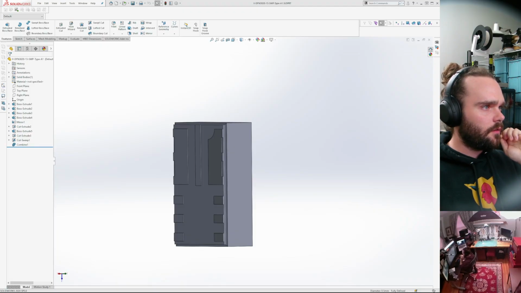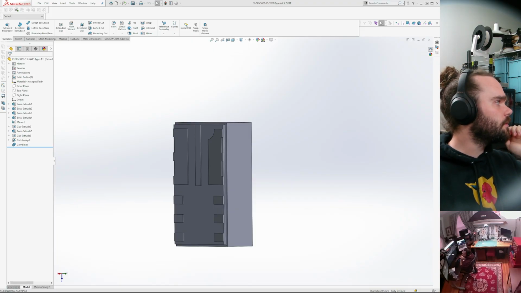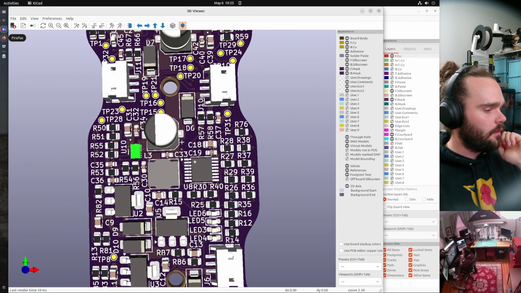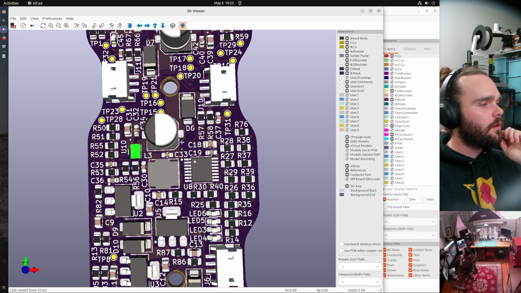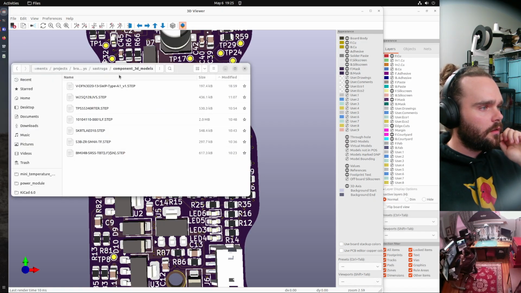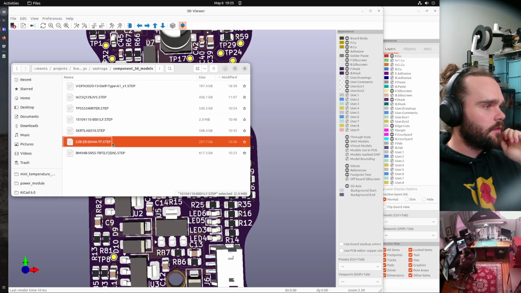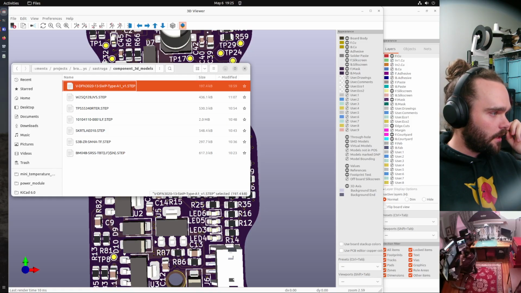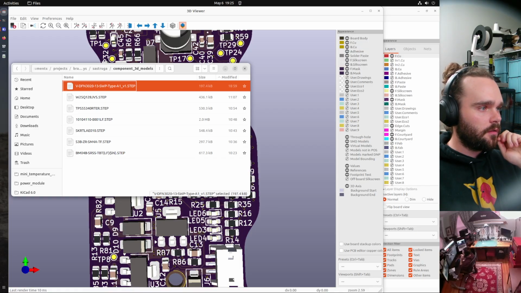All right, so what is the best way to do this? We have these parts that we need to convert to SolidWorks and then export back as step files.